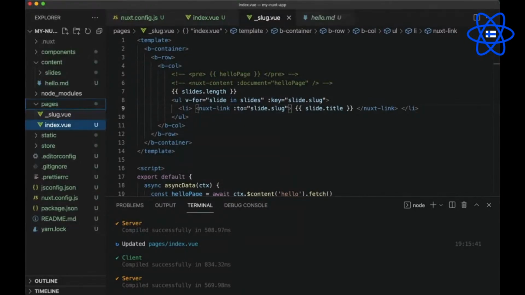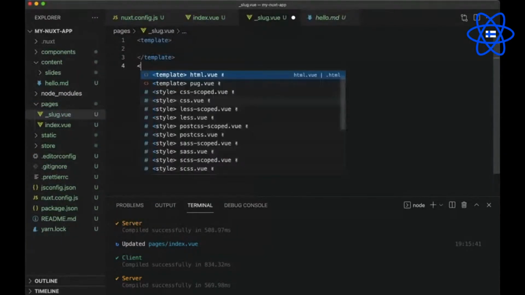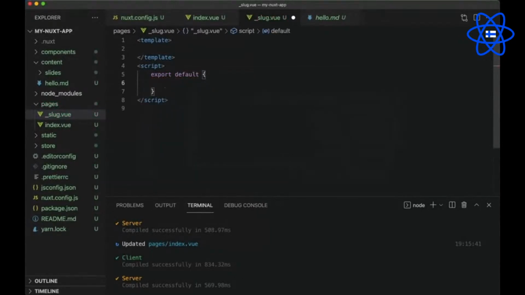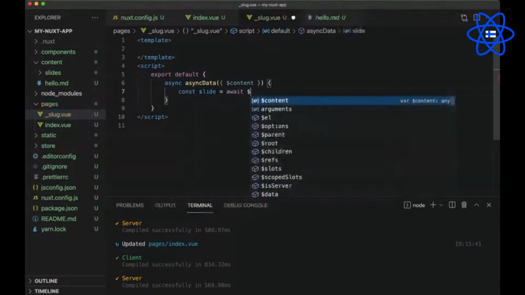So on the detail page, again, we can use the same asyncData hook, which receives the Nuxt context, but we can also destructure the content directly like that. And we will create another variable called slide, and then we would do await $content.